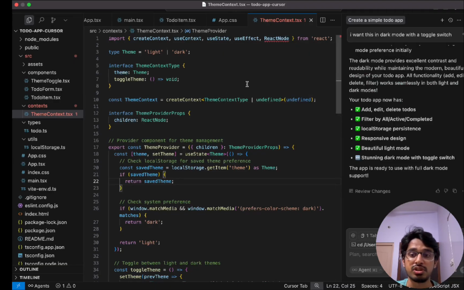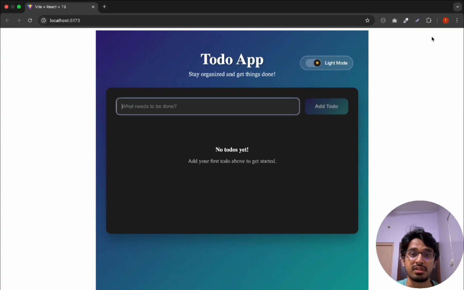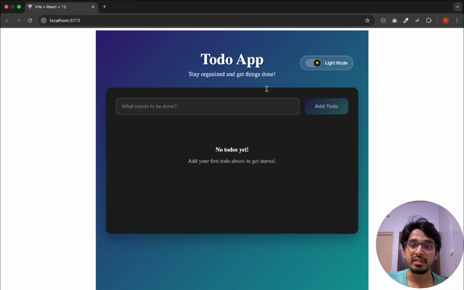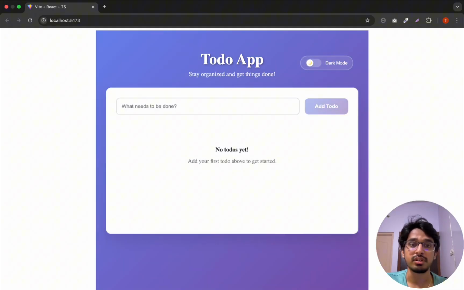So let's now just check if our application is working. So yeah, currently it is in dark mode. If I switch to the light mode, it switches to light mode. All right, so this is all it does. So you see that this is not the prettiest looking application. So that's why I say vibe coding is a myth. So if you want, you can just use it as an assistant, as a developer beside you, and not be completely